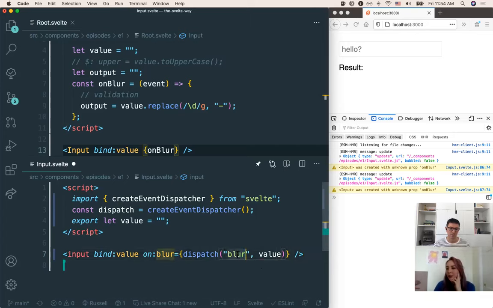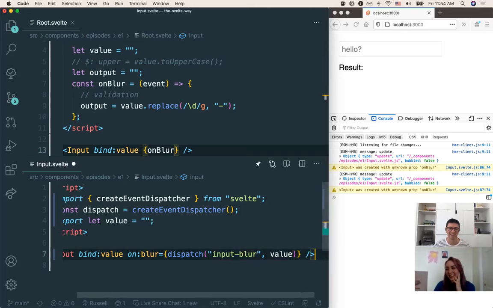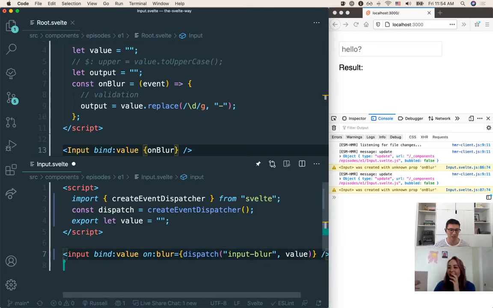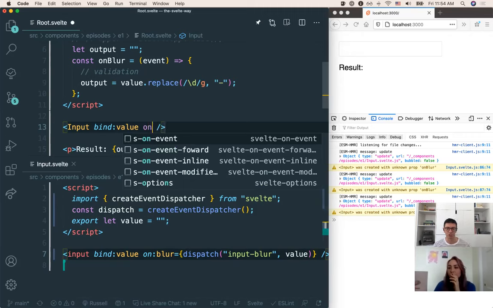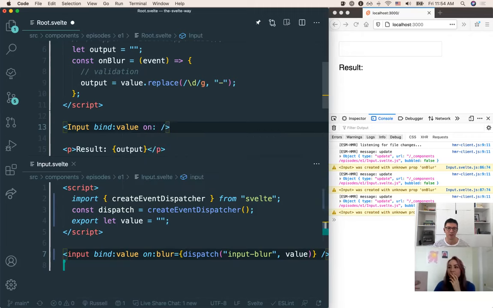Input blur. Maybe hyphenate it? Hyphenize? Okay. And that should create and dispatch a new event. So it's going to be very similar, but now we can actually utilize how you receive an event. Not sure if that's the right terminology, but I've never used a hyphen. That looks fine. So the same way that we use the native onBlur, we've created our own native looking event. So on input blur,